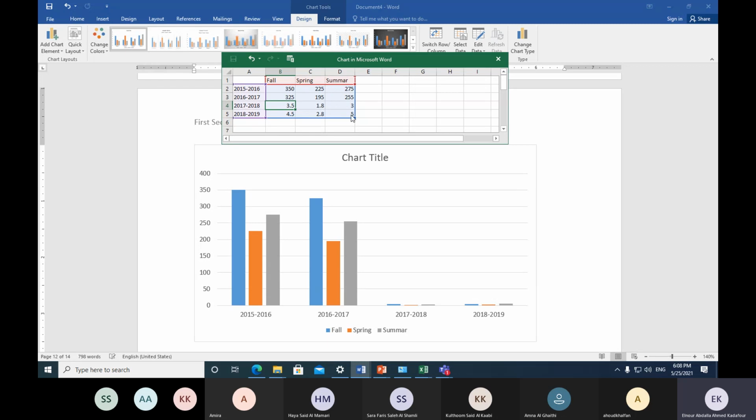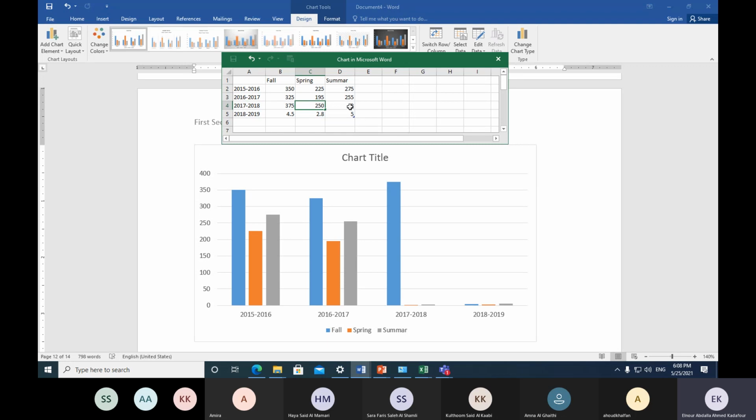Let me come to the next academic year. How many students will we have within the fall semester? Assume that the number of students increased somewhat. It could be 75 over here. We have a total of